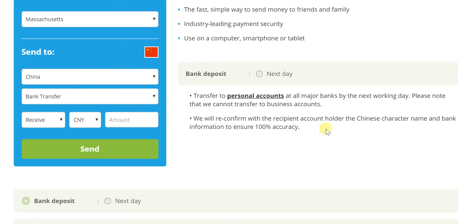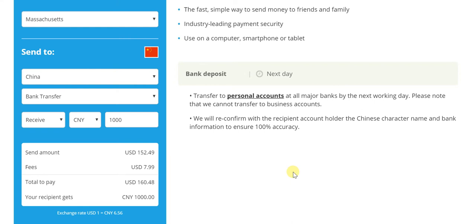In WorldRemit's case, all you need to do is reconfirm the recipient account holder's Chinese character name and bank information, so that there's 100% accuracy at every step. So now, having given you all those details, we've confirmed the fact that we're looking at bank transfer. Between send and receive, we'll focus on receive because we want to be sure how much the recipient in China will actually receive. So let's take a relatively nominal figure of 1,000 Chinese yuan, which the recipient in China is